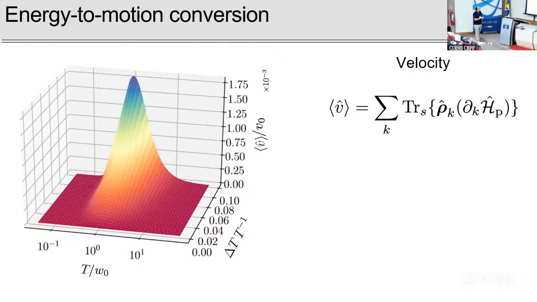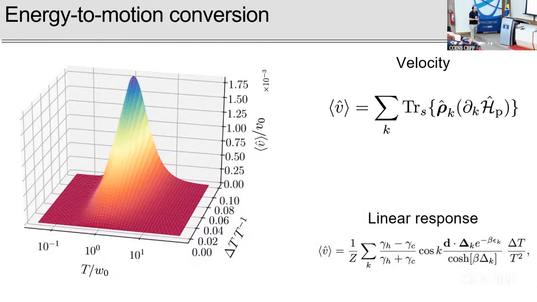On the opposite, at high temperature, the two reservoirs are almost equivalent, and so again, for this reason, there is no way to move the particle. Let me say that there is no reason why the two baths should be thermal. You may imagine whatever situation. This is what we consider.